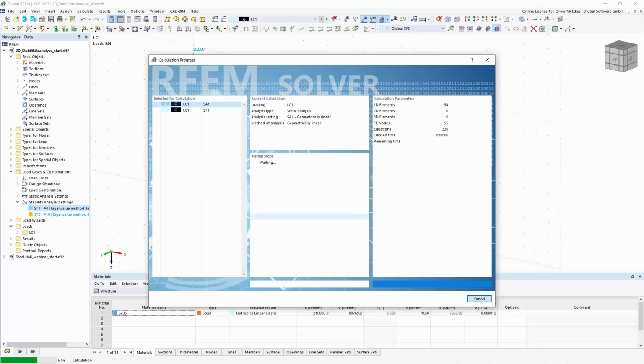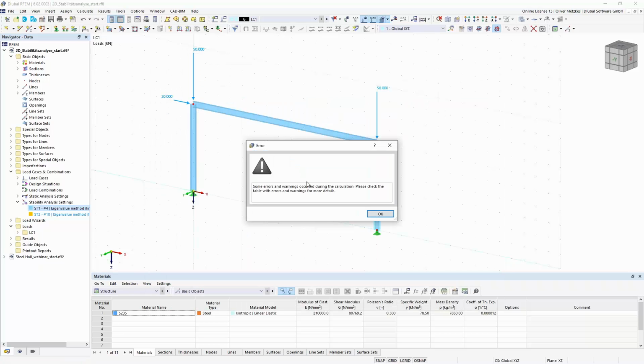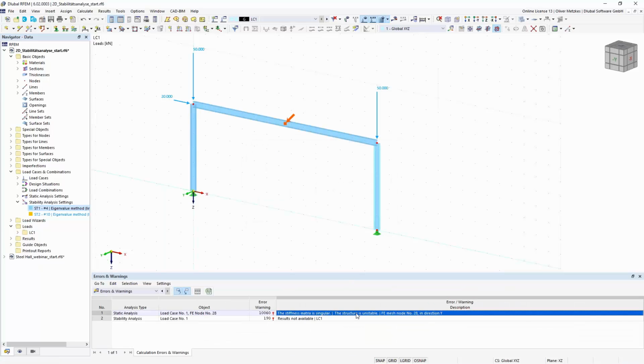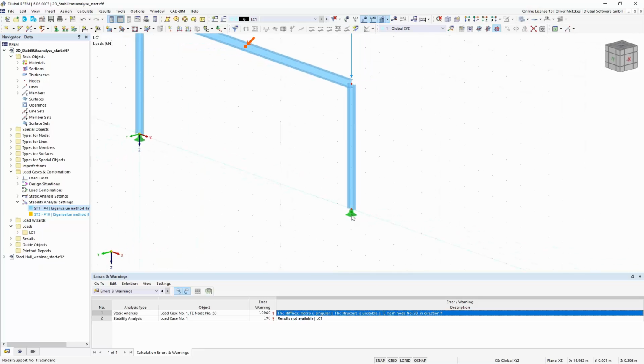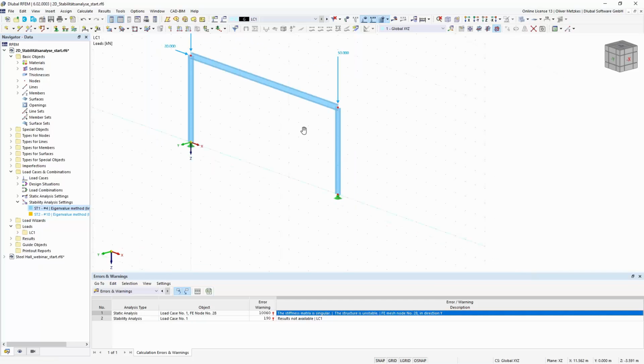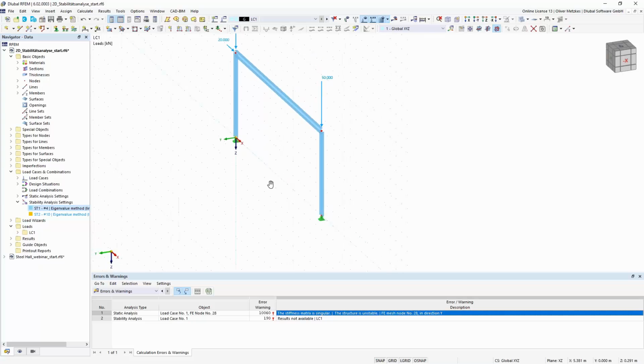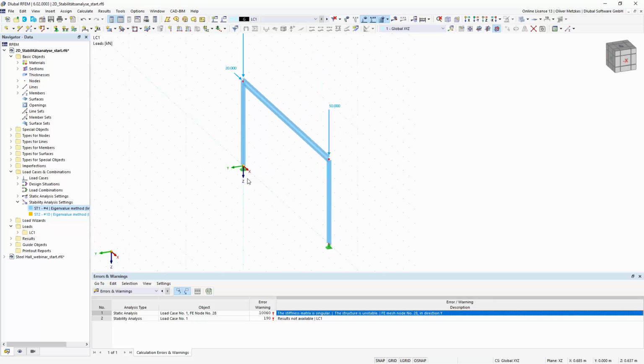I have not changed anything with my support conditions. So the result of the calculation in this 3D model environment now will be an error because the structure is unstable. For my easy structure, it is very easy to determine the cause because I have not changed my supports. I have the simple supports here, but I don't have any support in the out-of-plane direction. So for this case, it would be easy to say, okay, there are supports missing. But also if you have more complex models and you get this error for instability, the structure stability add-on can